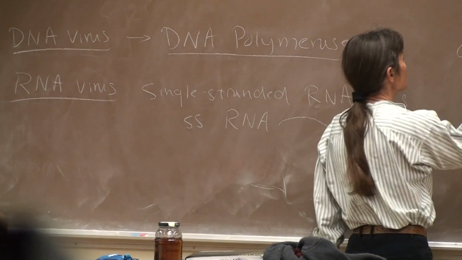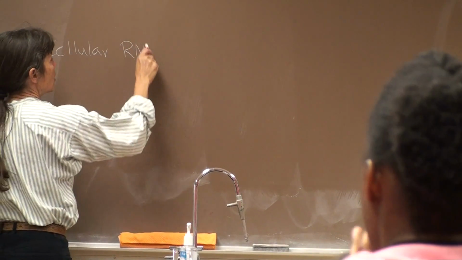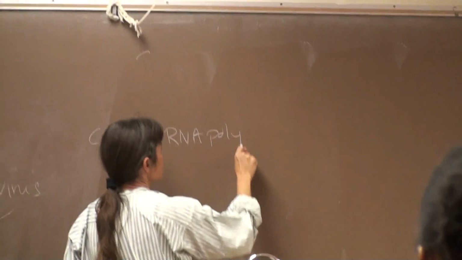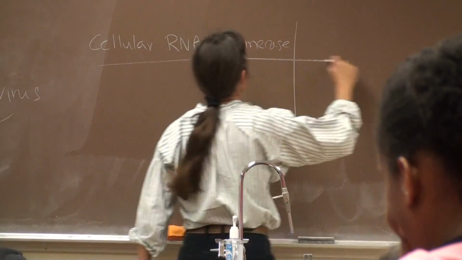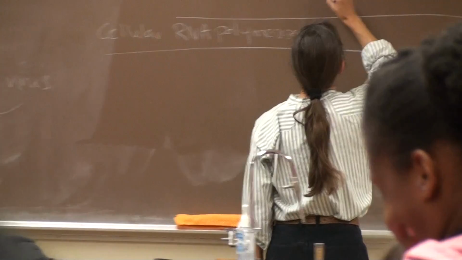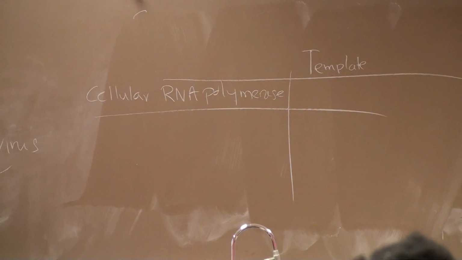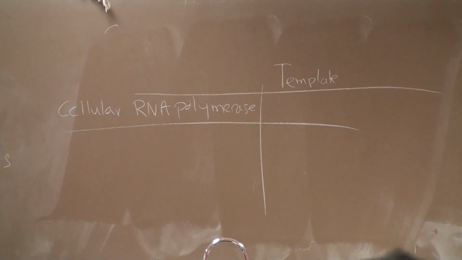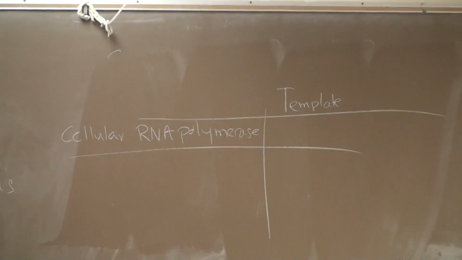So think of cellular RNA polymerase, and let's think about this, you guys. Let's make a little table. In our cellular RNA polymerase, what is the template? Meaning, what is the guide? What does our RNA polymerase use as a guide to make RNA? What is it binding to? Single-stranded